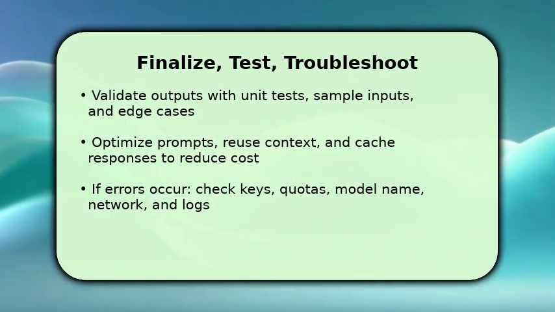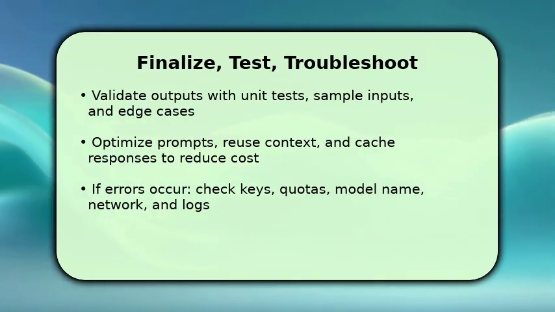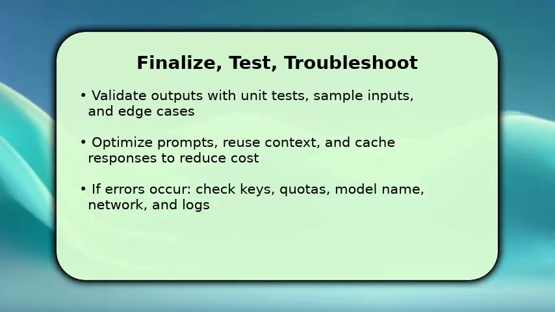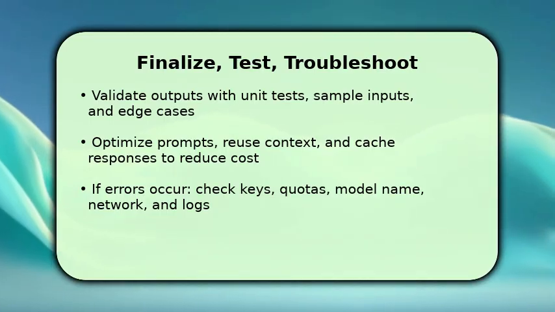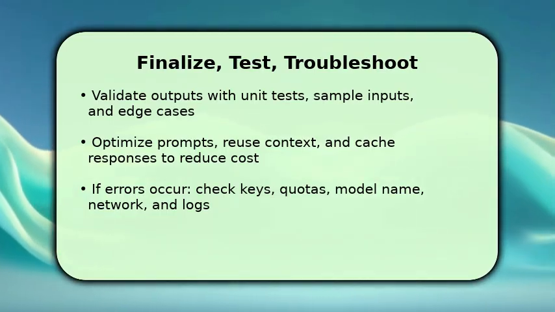If something breaks, check the API key, usage quotas, chosen model name, network connectivity, and client logs. Often a wrong model string or expired key is the culprit. One troubleshooting tip: reproduce the failing input locally with